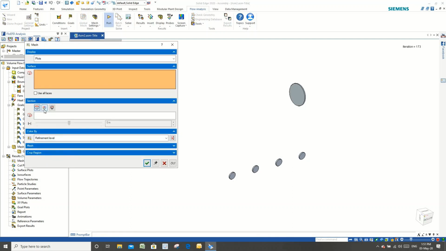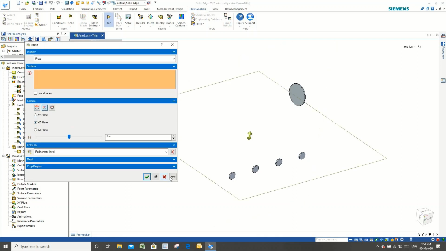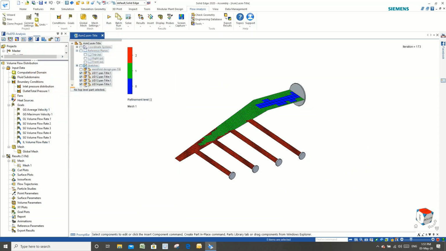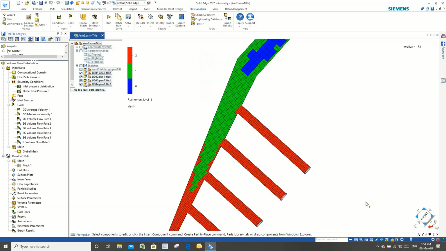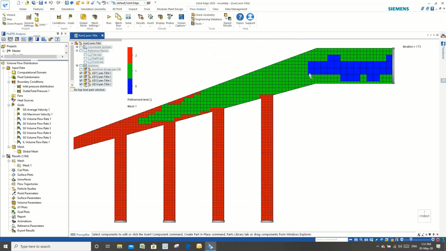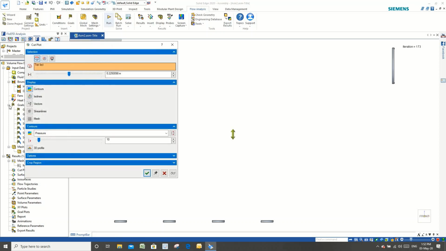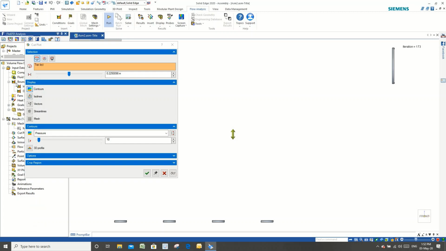Okay, now let's move to the result visualization. We have different tools, so let's move on to check the mesh refinement. So we have applied the narrow channel refinement here. So you can see in some narrow areas the refinement is very fine, and it is marked in the red zone. So all the cells in the red zone are very fine, all the blue are very coarse, and green are in between them.